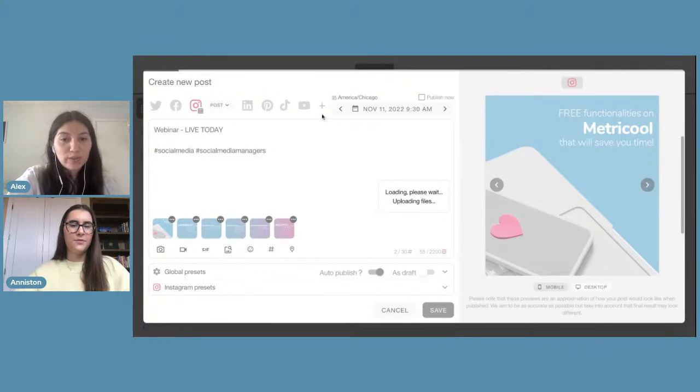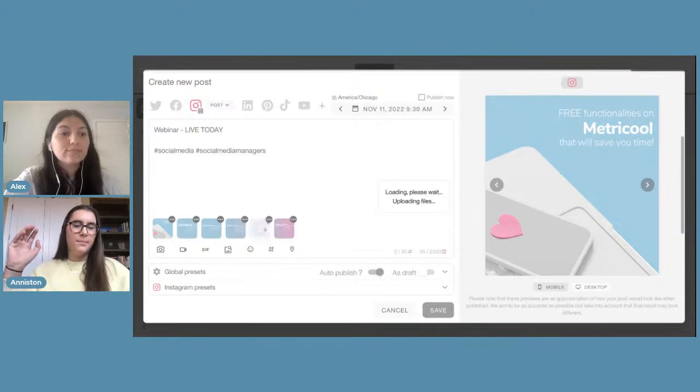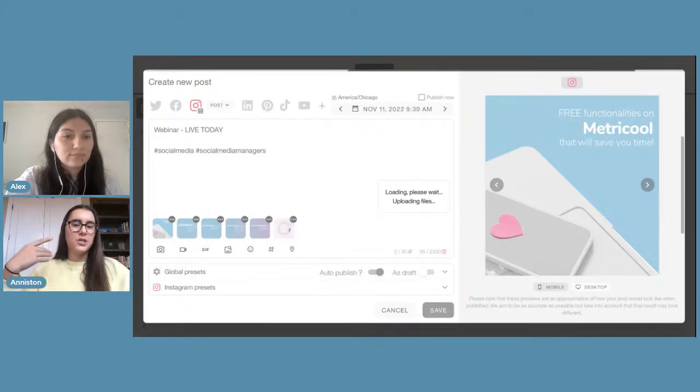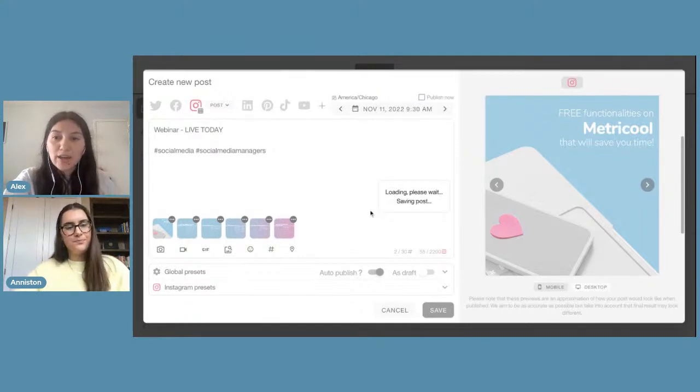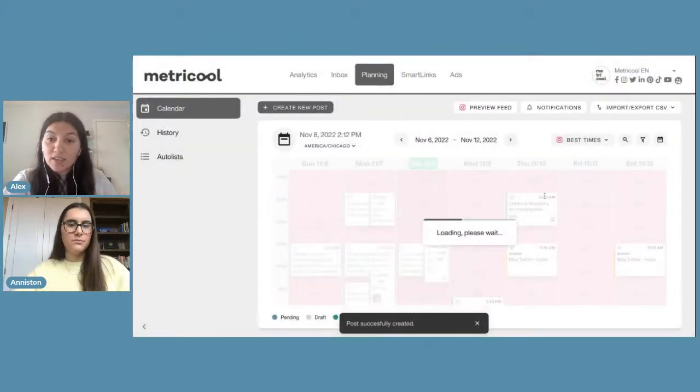Yeah. So let's wait. Perfect, because on the calendar, there's a gradient of the color. So the darker that it is going to represent the better times, and then the lighter it is going to represent when your audience isn't as active. And you can also click on the percentage. So it'll show you an exact percentage of when your audience is active. Yeah, and I'll go ahead and show you that on the screen as soon as this finishes saving.